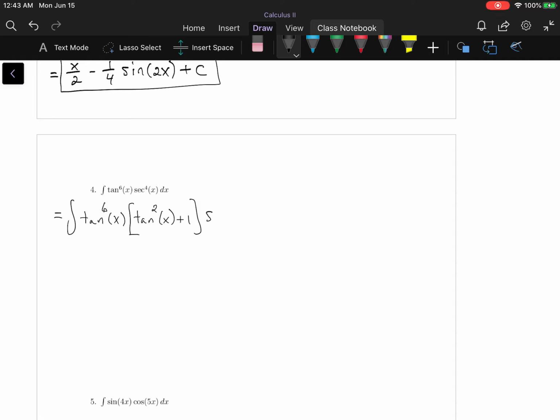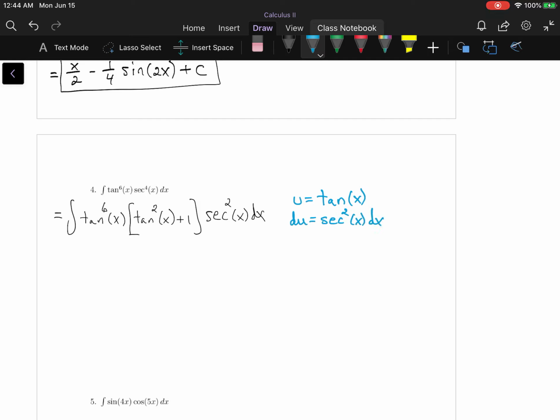And then we have a secant squared, excuse me, left over. Now looking at this, even though it looks uglier, I realize that if I let u be tan of x, then the derivative is going to be the secant squared, and that's going to disappear. So I'm going to use u substitution, where u is tan of x, and thus du is secant squared